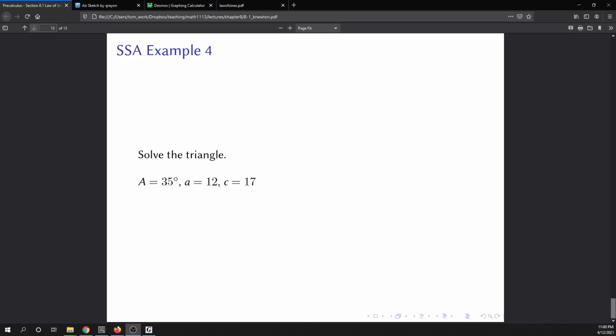All right, in this video, we're going to work through the following problem. It says solve the triangle, and we are given that angle A is 35 degrees, side A is 12 units, and side C is 17 units. And I've labeled it as a side-side angle example, we know it's side-side angle, but let's just say what would